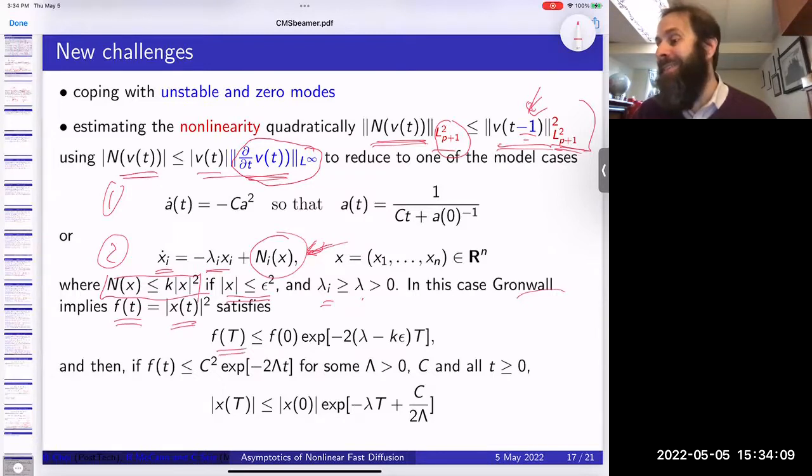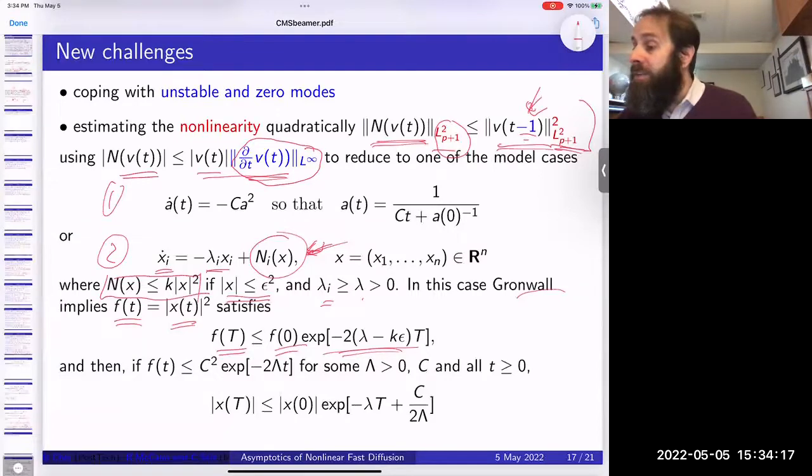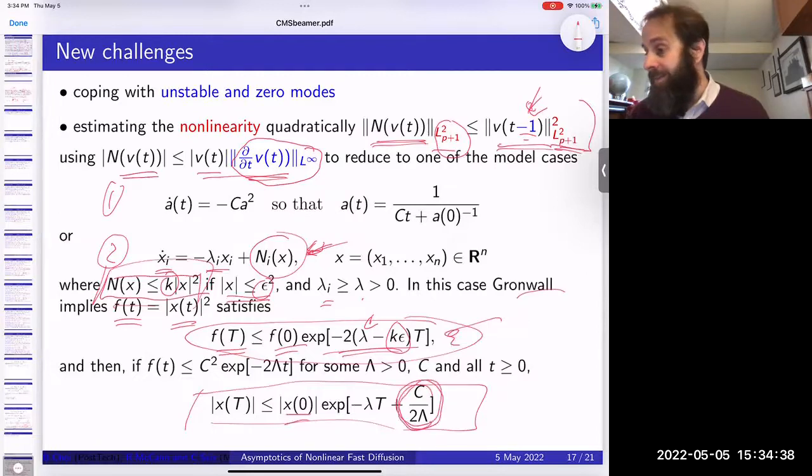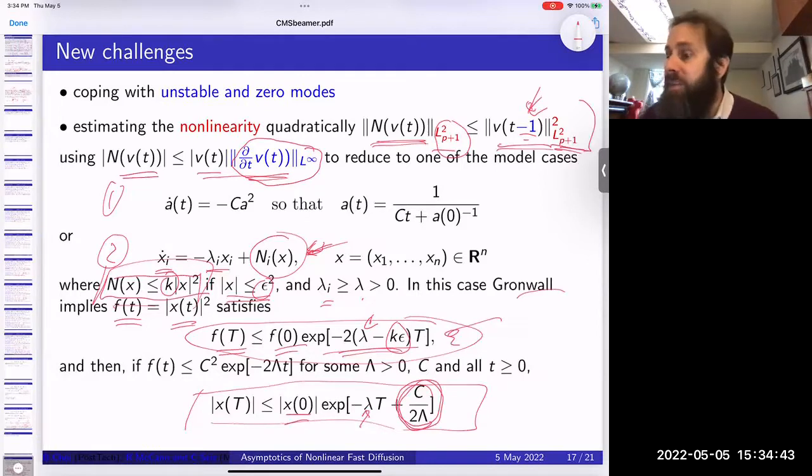In fact, the magnitude of x at time t squared is controlled by the original magnitude of x plus this exponential penalty. And the rate is not quite lambda because there's a little error that depends on this k here and the epsilon. But once you have this estimate, if you go through the argument again using this better bound than what you had initially, you can finally obtain a kind of growth estimate like this, where you can absorb the extra error into the constant in some sense and get exponential convergence at sharp rate lambda. So that's case 2, more or less, once you have this kind of quadratic estimate, and if you didn't have